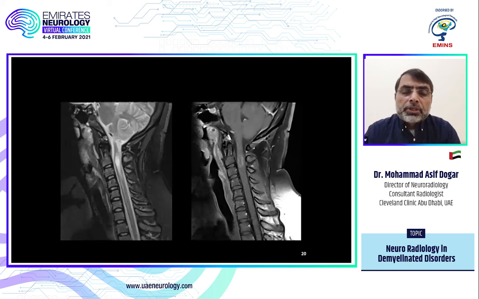Here's another recent case. The patient has symptoms related to the spinal cord. You can see there's quite a big lesion, maybe along three vertebral body lengths. Here you can see it has incomplete enhancement, so it is a demyelinating lesion. As it is a large lesion, it could be NMO, but it still could be MS.